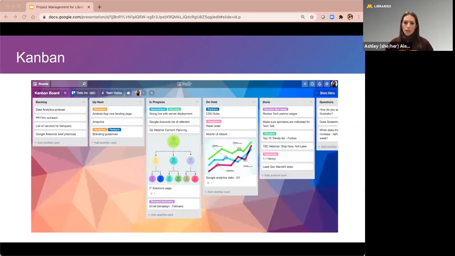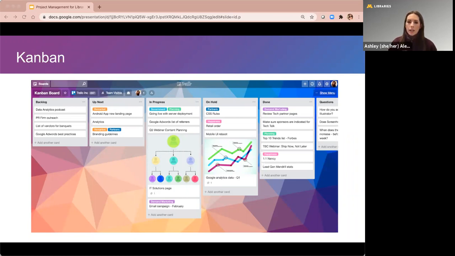So the next tool that you can use to track work is a Kanban board. And Kanban means signboard in Japanese. Kanban is a system that came out of the Toyota lean manufacturing with the goal of continuous delivery. So the ultimate goal here is to limit the work in progress by continually moving things forward, or basically from left to right. So as you can see on this example, you have your to-dos, your in progress, your on